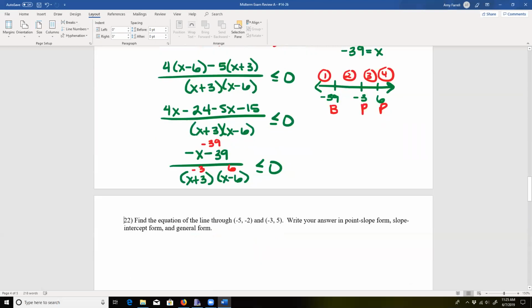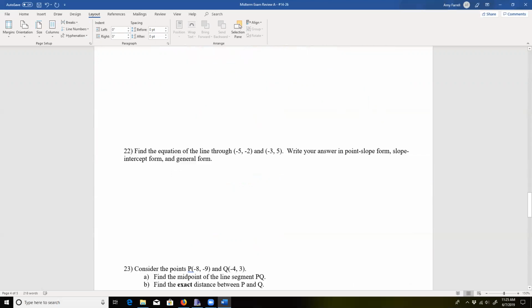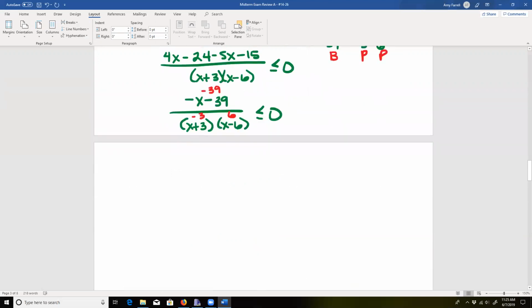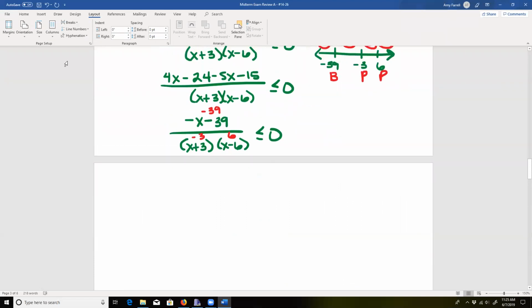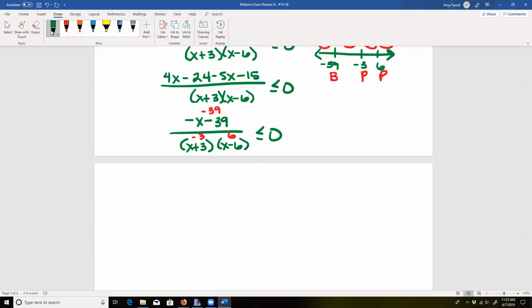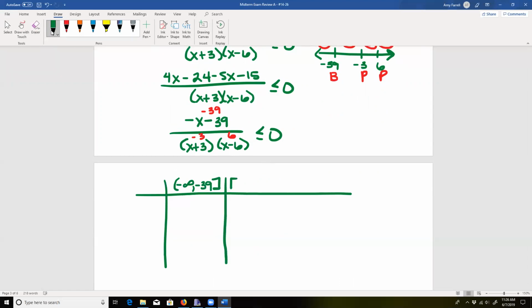Okay, running out of room, so let me move this down a little bit here. Okay, so I'm ready to make my chart now. So kind of like with the last one, the chart's going to be pretty big. So my first interval is negative infinity to negative 39. Since I put a B by that, which means brackets, I can use brackets by negative 39. Next interval, negative 39 to negative 3. Bracket by negative 39, parentheses by negative 3. Negative 3 to 6, parentheses, 6 to infinity. My three